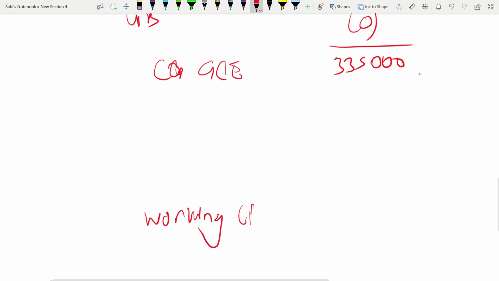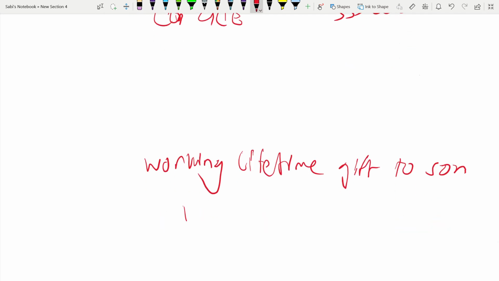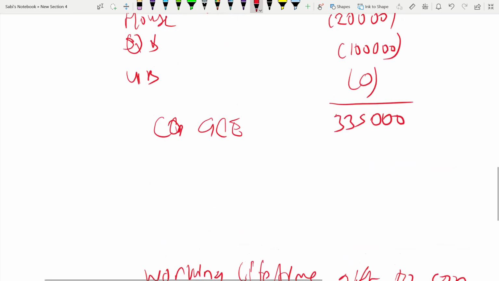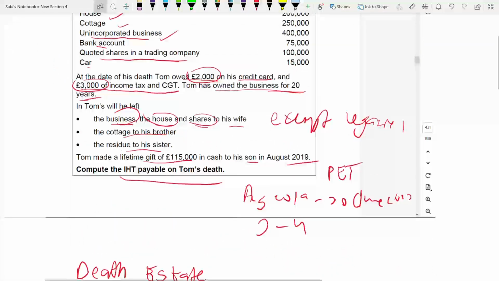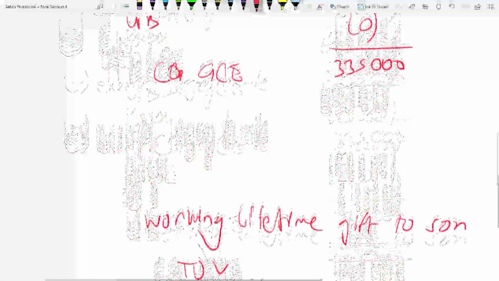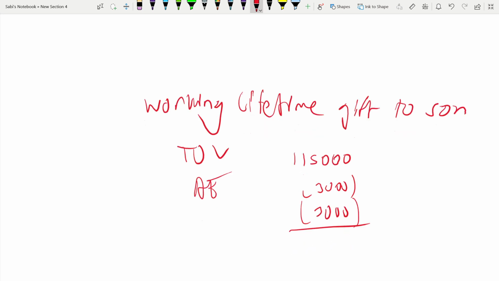Okay, working: lifetime gift to son. So there's a transfer of value. How much has he given to the son? There was a PET, and that PET has utilized the nil rate band. That's why I want to know how much of the nil rate band I can utilize. 115 was given as a lifetime gift. So 115,000. From here you will deduct annual exemption 3,000 and 3,000, and it will be PET